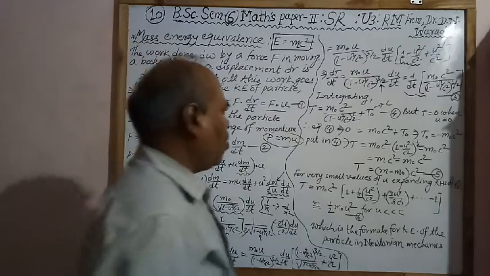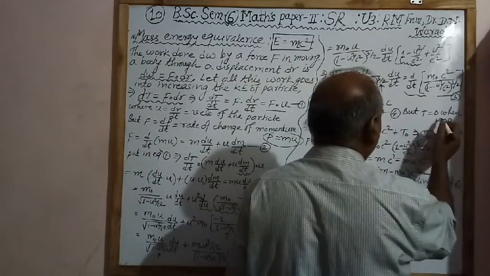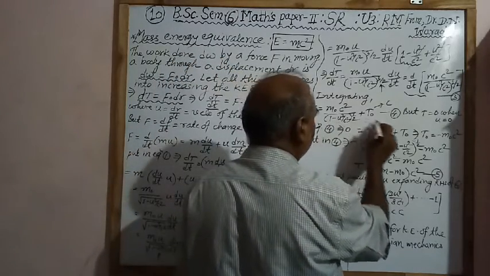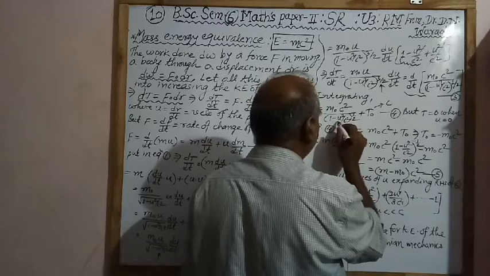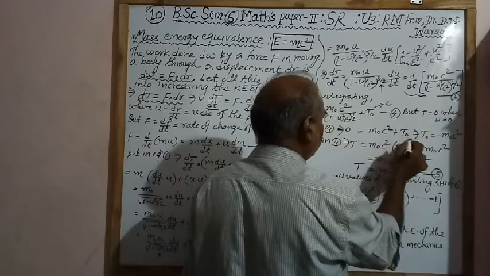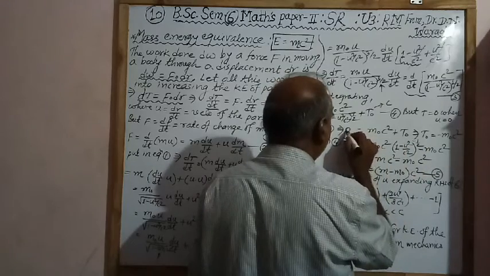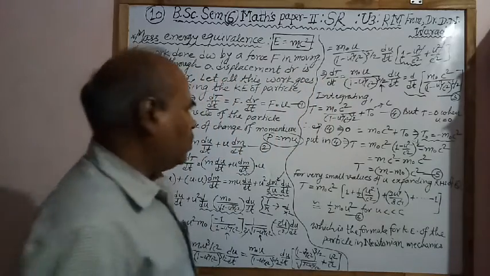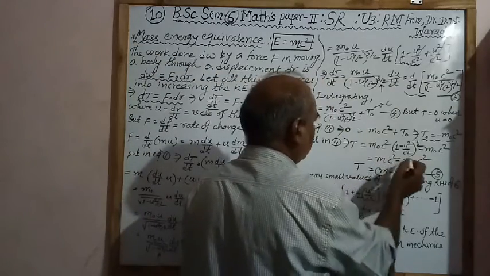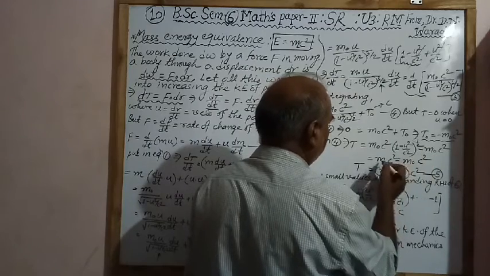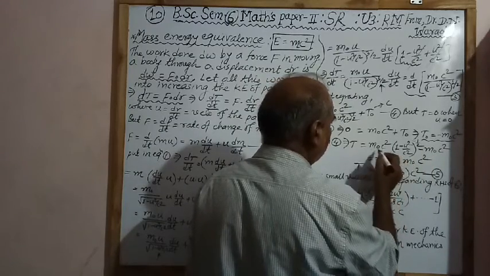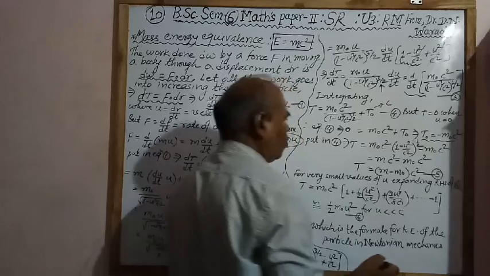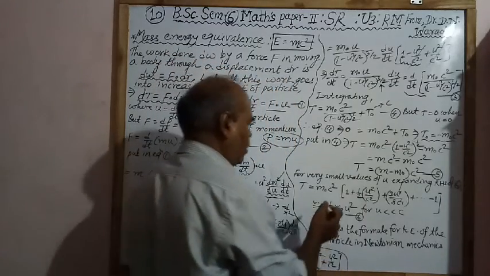For t0 we take the constant of integration, but t equal to 0 when u equal to 0. Put this value u equal to 0, t equal to 0, therefore in the denominator we have 1, here we get m0 c square plus t0, therefore the left hand side is 0, therefore we have t0 equal to minus m0 c square. Put this value in equation 4 and we have this as mc square. This is the value of m, therefore mc square minus m0 c square. C square is taken common, therefore t equal to m minus m0 into c square.